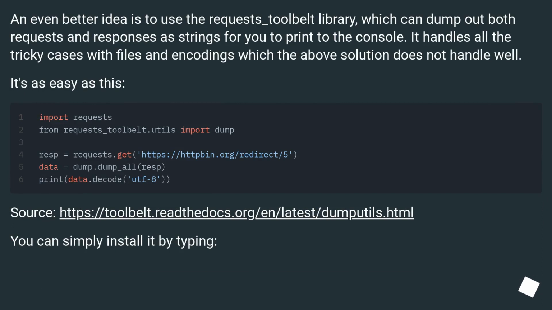An even better idea is to use the requests_toolbelt library, which can dump out both requests and responses as strings for you to print to the console. It handles all the tricky cases with files and encodings which the above solution does not handle well. It's as easy as this. Source, this URL. You can simply install it by typing